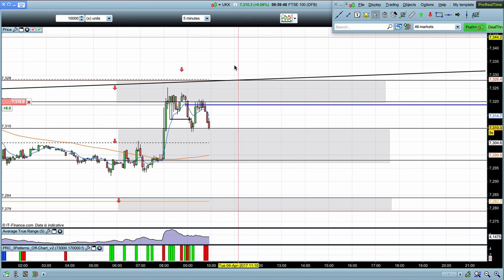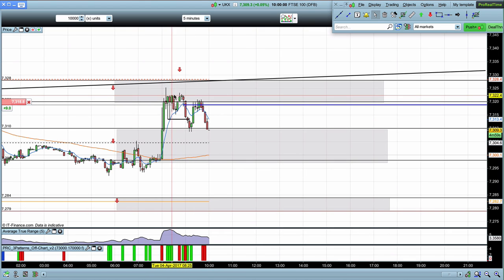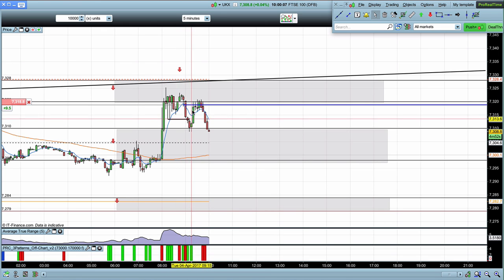Okay, my stop is now at break even on this trade. So if it begins to move against me, comes back up to the entry point, I will exit the trade for break even. Now let's have a look at what this trade has been doing. We've come down into this zone below. We have seen a bullish bounce. Now, the reason I was happy to hold on to this trade,